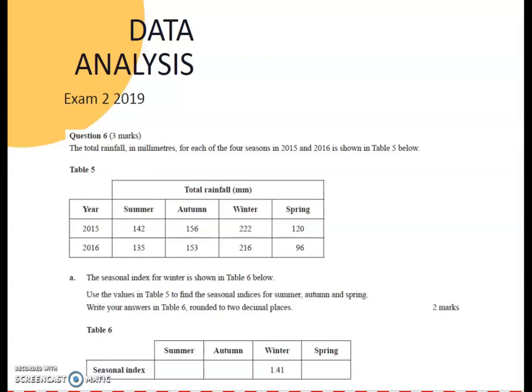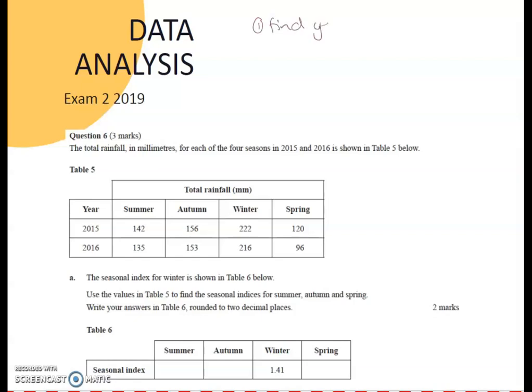Okay, so in this particular year, last year, they did get you to do a fair bit of work for part A. Here we're given some data for 2 years per season, so over the quarters of the year, the total rainfall, and they've given you the seasonal index for winter. But what we need to do is find the seasonal indices for summer, autumn, and spring. Okay, so there's a few steps involved when you're calculating seasonal indices. Step number 1 is